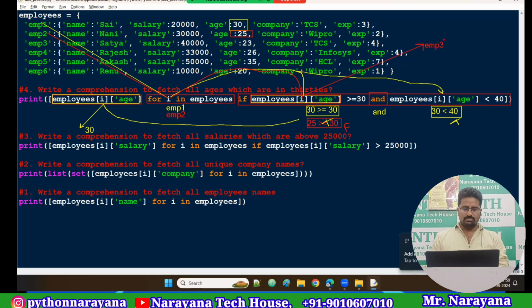Next one. What is the next I value here? Next time the I value is EMP3. Now this EMP3 is going to the if condition. In place of EMP3 age, what is the EMP3 age? 23, right? So now it will take here